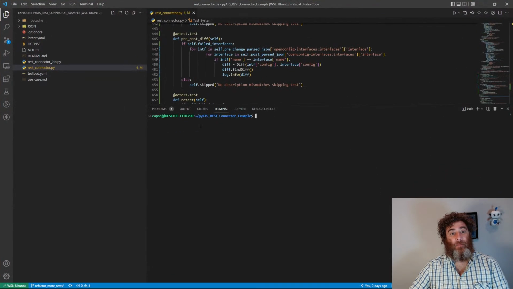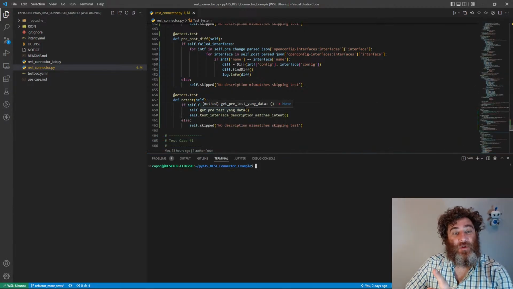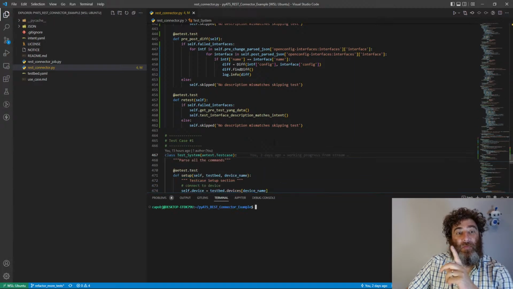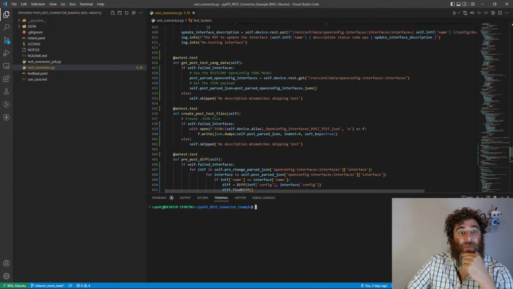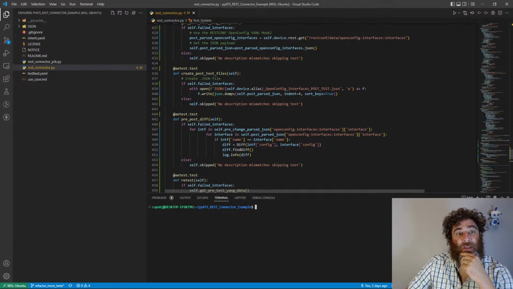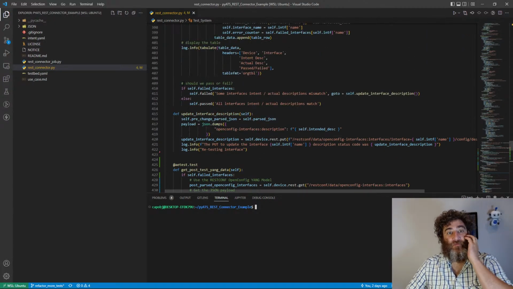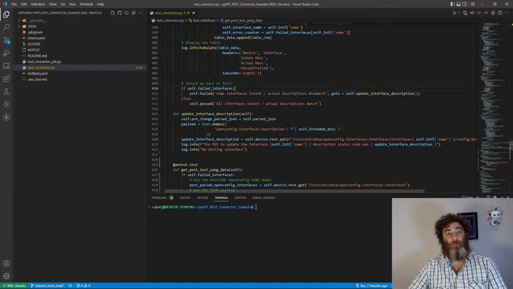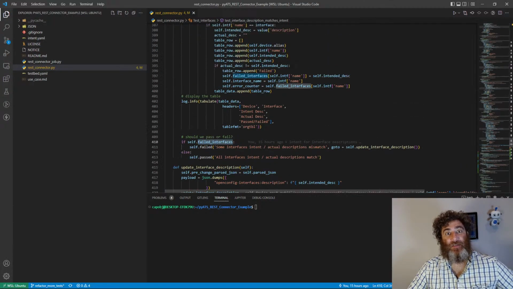And right now my intent should match. Now I've rewritten some code from last night, and I don't know that it's going to work. It's sort of on a draft level here, but I have changed my mind to make all of these follow-ups as tests. An if failed interface. So here's where my original, all of this below is new, but I had it where if there's failed interfaces,